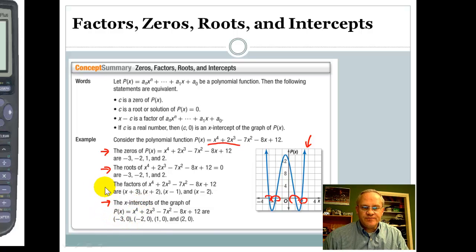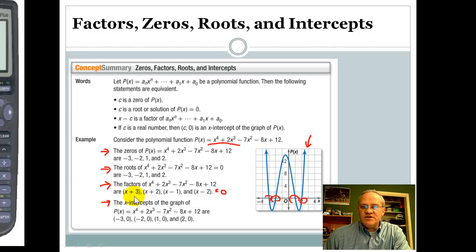The last thing here, which we'll come back to at the end of the lesson today, is this one. The factors of this polynomial are x plus 3, x plus 2, x minus 1, and x minus 2. Where did that come from? Well, remember when we would break down an equation, we'd factor it down into its parentheses. The last step would be, if we broke it down to all these parentheses where it was equal to 0,